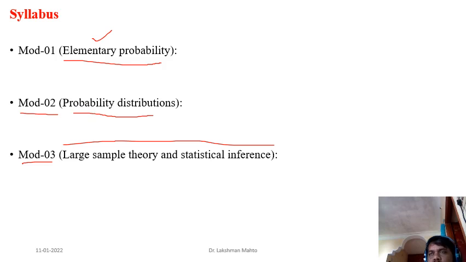Even sometimes in higher study you may see one course on decision theory as well, or information theory. Information theory also needs to make some kind of decision. So for those kinds of courses, if you are very good in large sample theory, you will definitely find yourself eligible to get a decision or some kind of prediction.